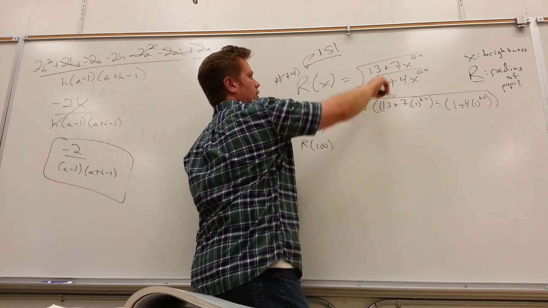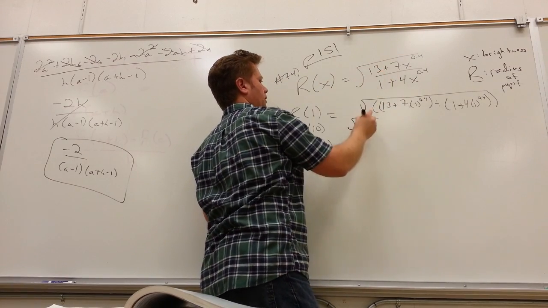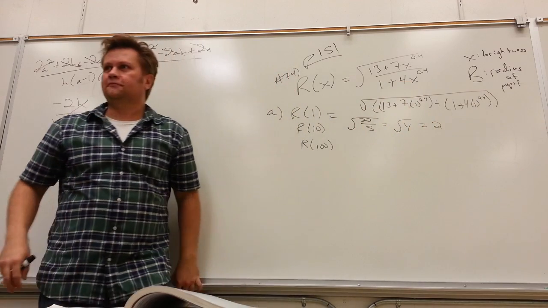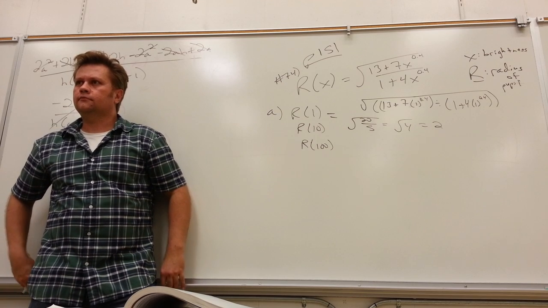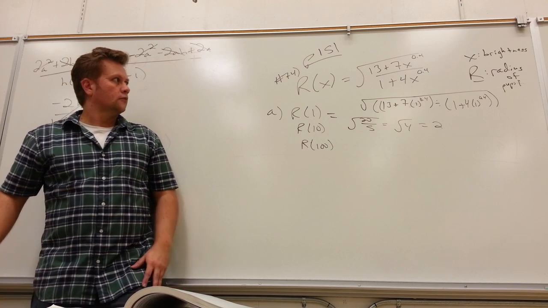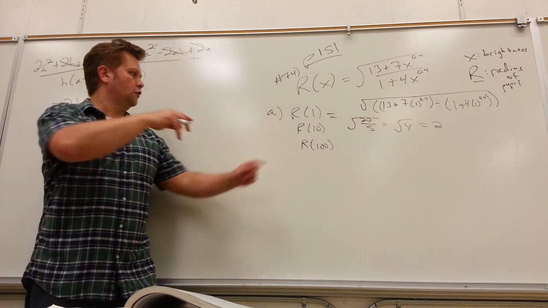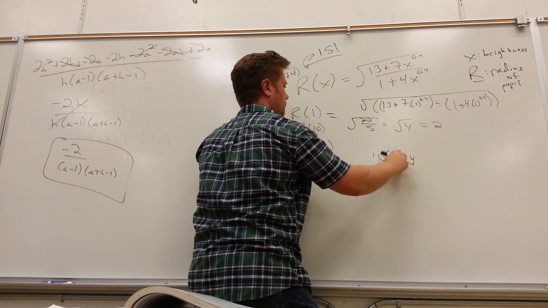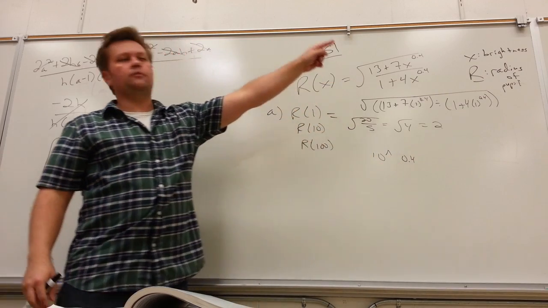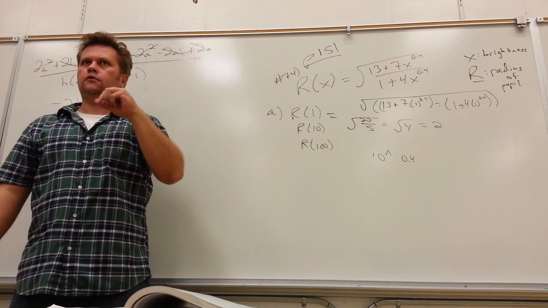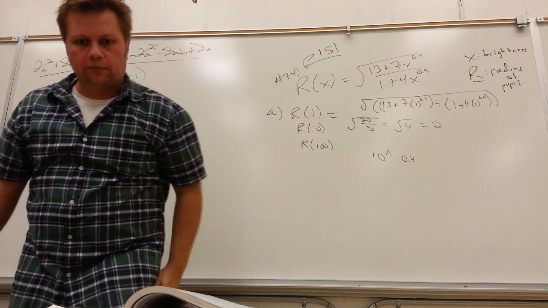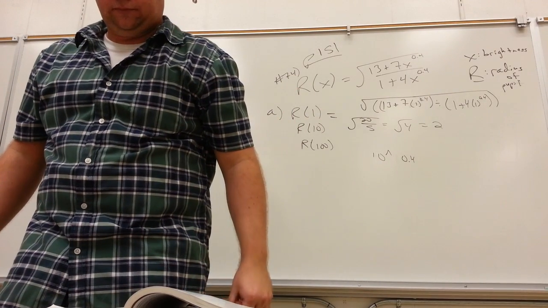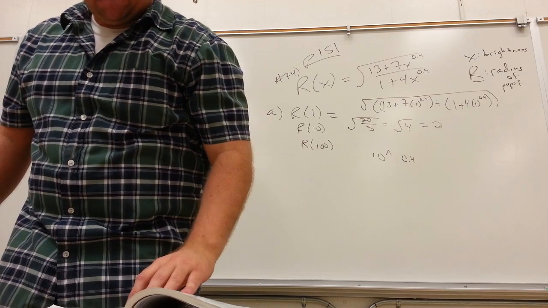For R of 1, it should be easy enough. 13 plus 7 is 20, over 1 plus 4 is 5. Square root of 4 is 2. So that one's not too bad. I was just confused by the 0.4 exponents. So now if you want to do 10, when you get to this part here, you would do 10 to the 0.4. Right, 10 to the 0.4? Cool. So part A is just plug and chug. And then part B is make a table of values. So you just put together what you found. Cool. 75 is